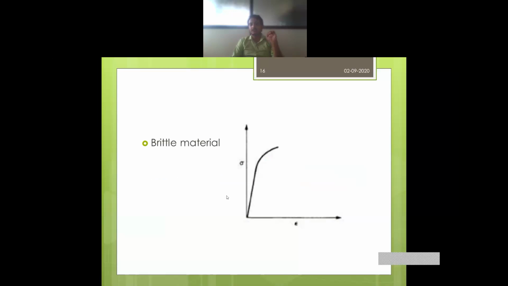Again, the brittle material, if I have to explain it with a stress strain curve, see, after some time there will be no plastic deformation. It will fail there itself. The brittle material will fail at ultimate load point or some yield point. It may take some load or it may not take some load. It will break. After elastic limit, there is no plastic limit in the brittle material, like a chalk piece. It will just break. Or even iron will become brittle when it gets rusted. Okay.